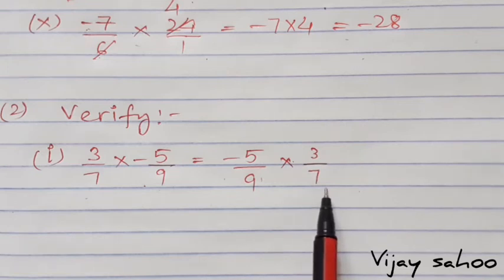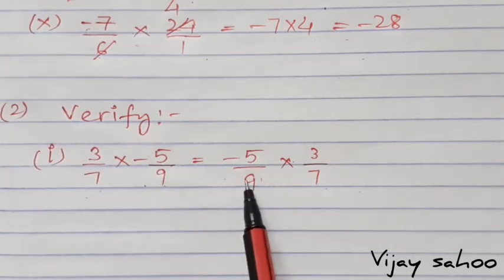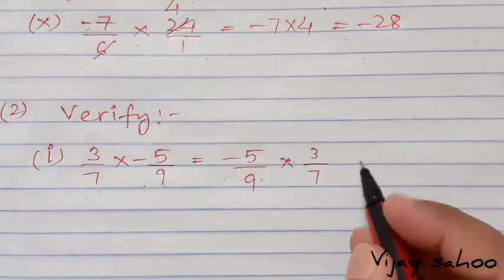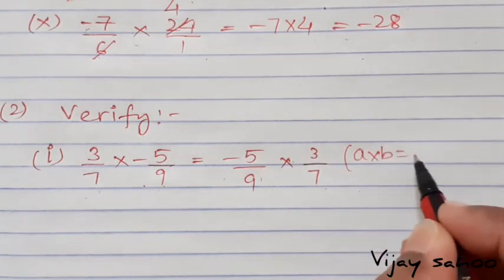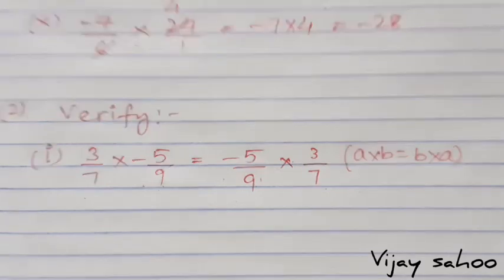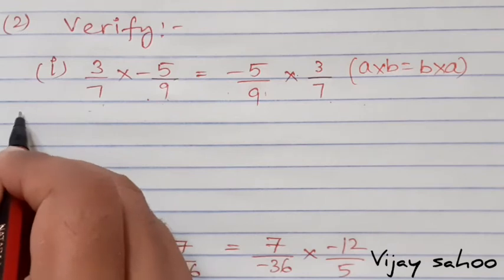Now this is a question of which property? You could easily see that A multiplied by B is equal to B multiplied by A. So we have already seen in the introductory part of this multiplication, and it is a property based on commutative law. Okay, so A multiplied by B and B multiplied by A, both are equal in the case of commutative law. So what we'll do, we'll solve it and then we'll prove by taking left hand side and right hand side are equal. We'll consider this as left hand side.